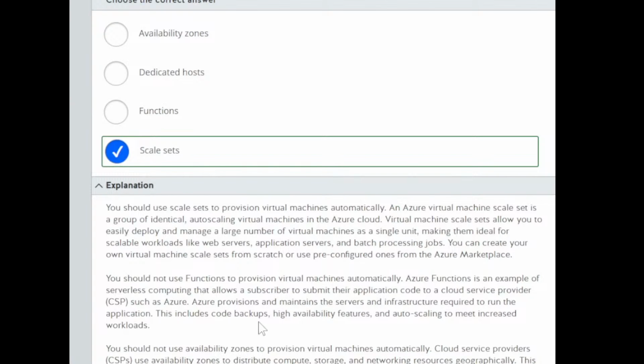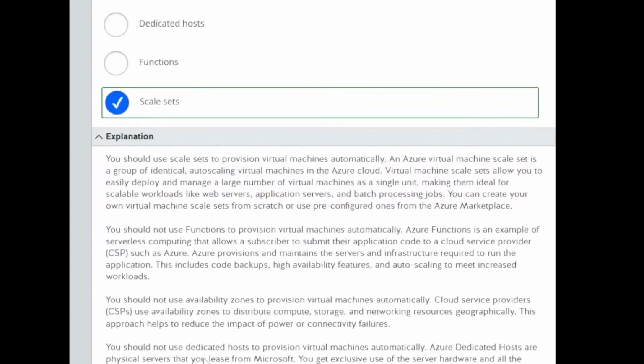This includes code backups, high availability features, and auto-scaling to meet increased workloads. So, going back on this one, functions, it is serverless computing. Meaning there's no server, and you will not manage or provision a server. Kasi nga serverless eh.